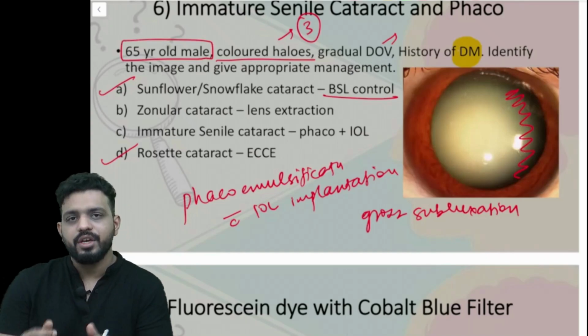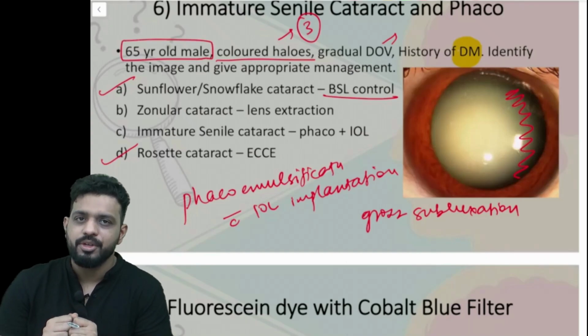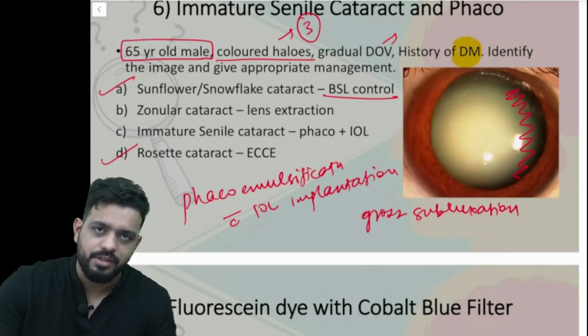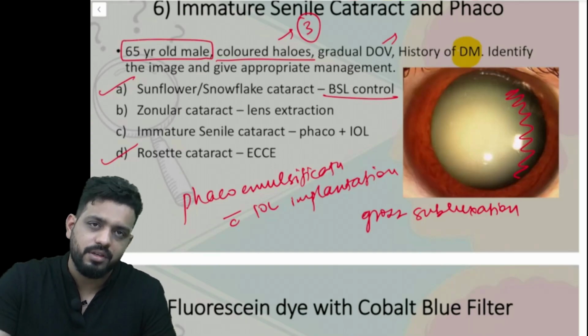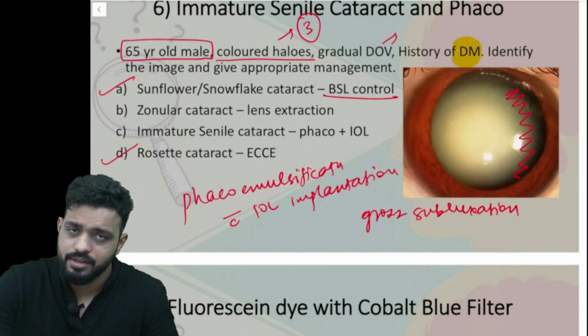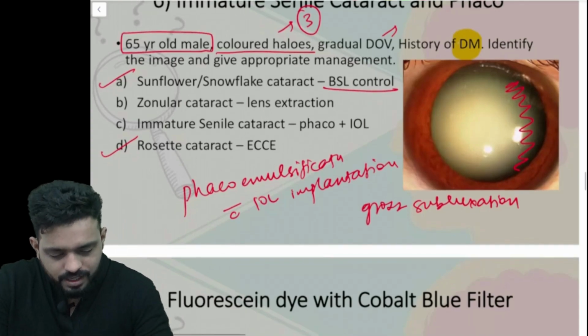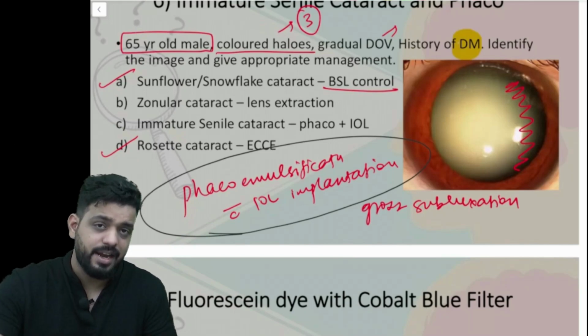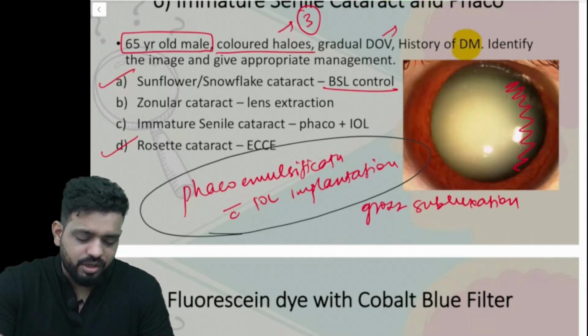Because if you attempt phacoemulsification in such cases, what will happen? The lens will drop down in the vitreous and it will be another complication. So in such cases, we opt for small incision cataract surgery. Okay, so mark my words again, phacoemulsification with IOL implantation is the standard surgery and treatment of choice in all